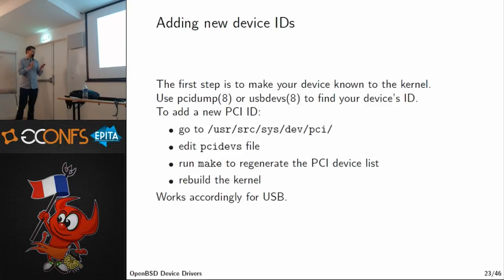That's pretty simple. Sometimes this is enough to make one device work, if it's just shipped with a different vendor and product ID than the standard reference design uses. So in a lot of cases, you get some Wi-Fi chip from some company, and you don't really know what's inside. So you go on the internet and look up the USB device ID, and you realize, oh, okay, this is actually a device that's supposed to be supported by the URTWN driver, but it's just not in the list. So you add it to the list, plug in the device, it works.